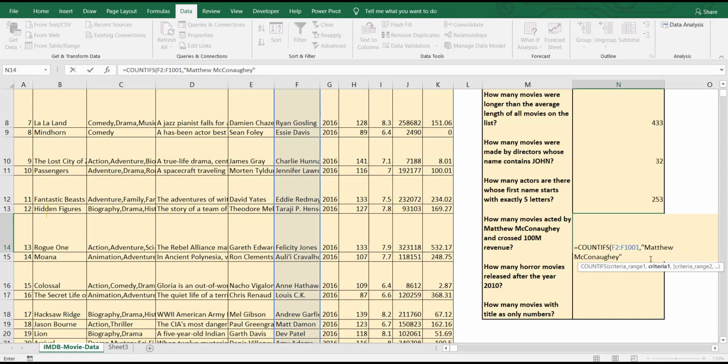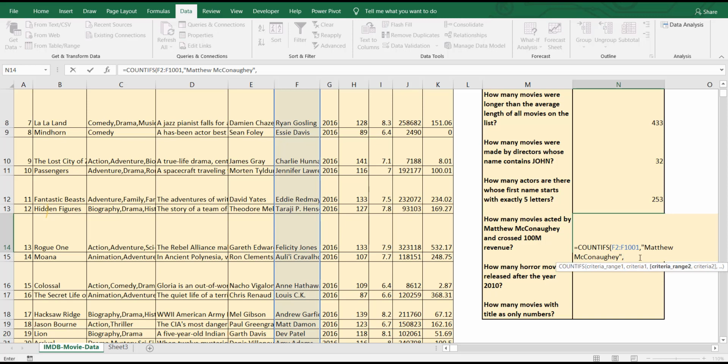You must be very careful while entering the spelling. Yes, Matthew McConaughey. So how many movies did Matthew McConaughey make? We selected the actors column, and the condition is Matthew McConaughey, to find out how many times Matthew McConaughey is repeated in that particular column.